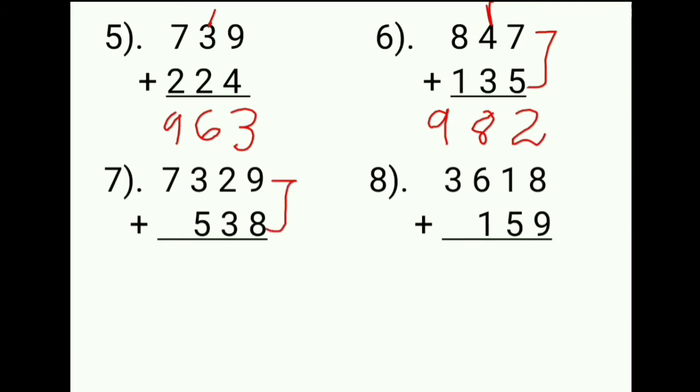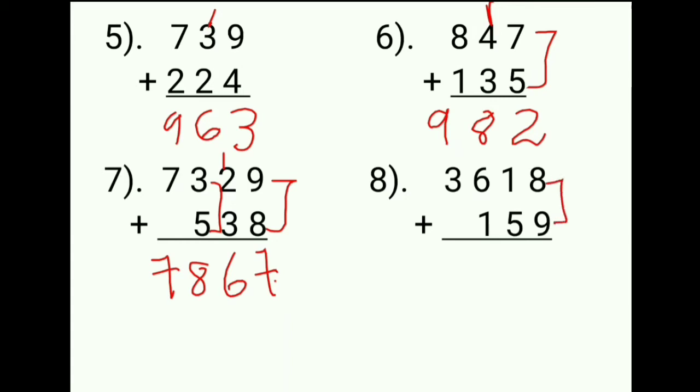Now, we will shift to the carry addition with carrying sums but of 4-digit numbers. 9 plus 8. 9 plus 8 is 17. So, we will put 7 down and 1 carry. 2 plus 1 is 3 and 3 plus 3 is 6. Then we will shift to the hundreds. 3 plus 5 is equal to 8 and 7 plus 0 is equal to 7. So our answer is 7867.